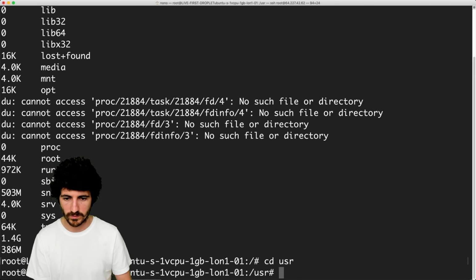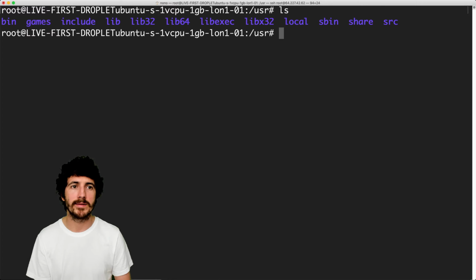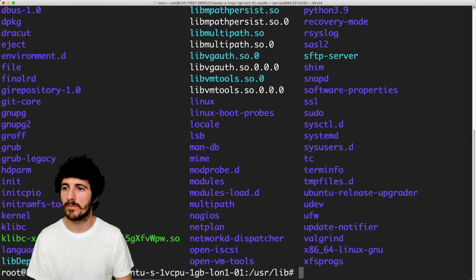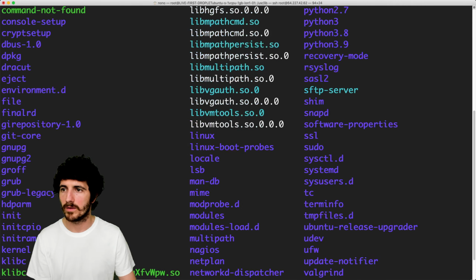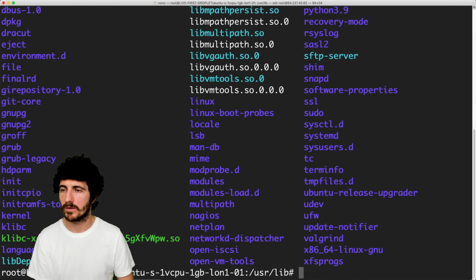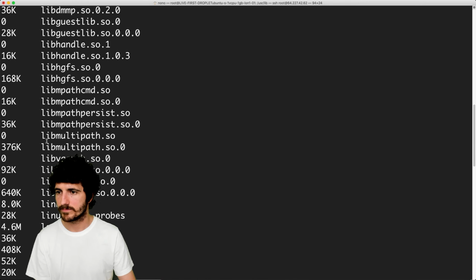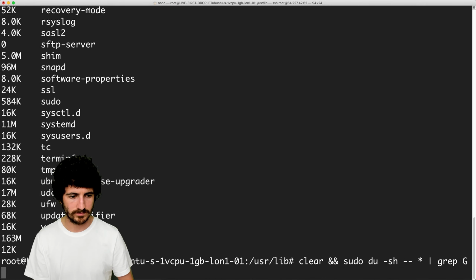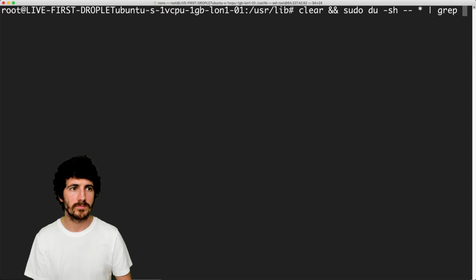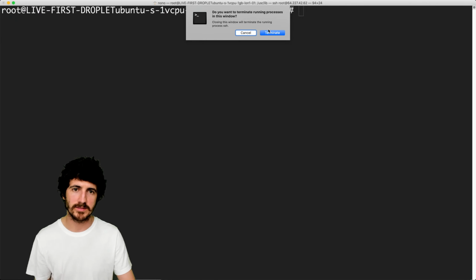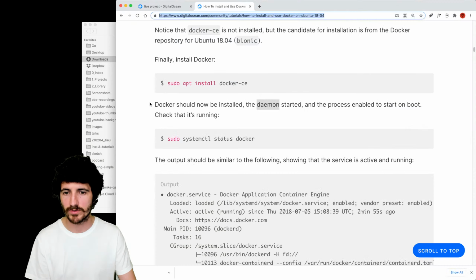So we go to usr and the source lib. Well, we'll just keep going. That's just a preamble while this is getting installed.